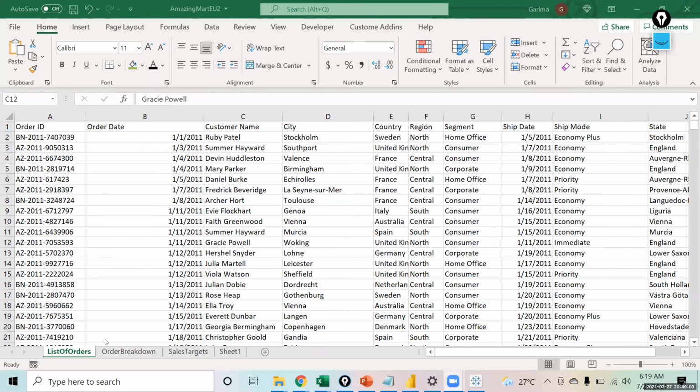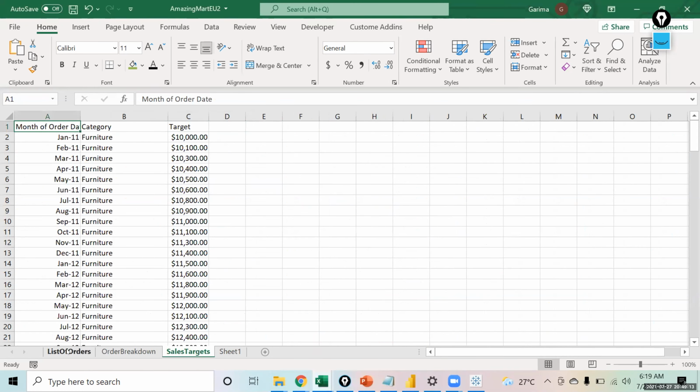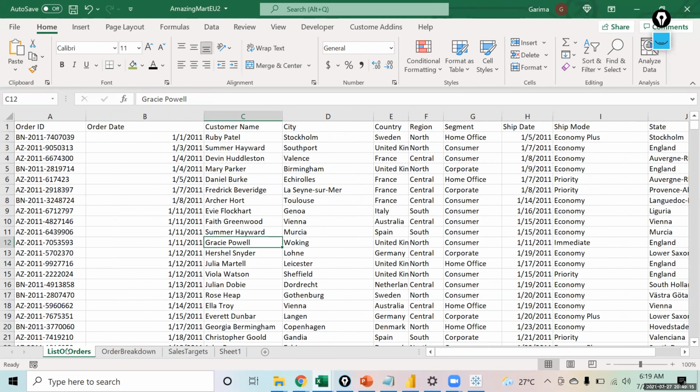You have list of orders, order breakdown, sales targets. So the data is somewhat similar to sample superstore only. Only the file structure is different.